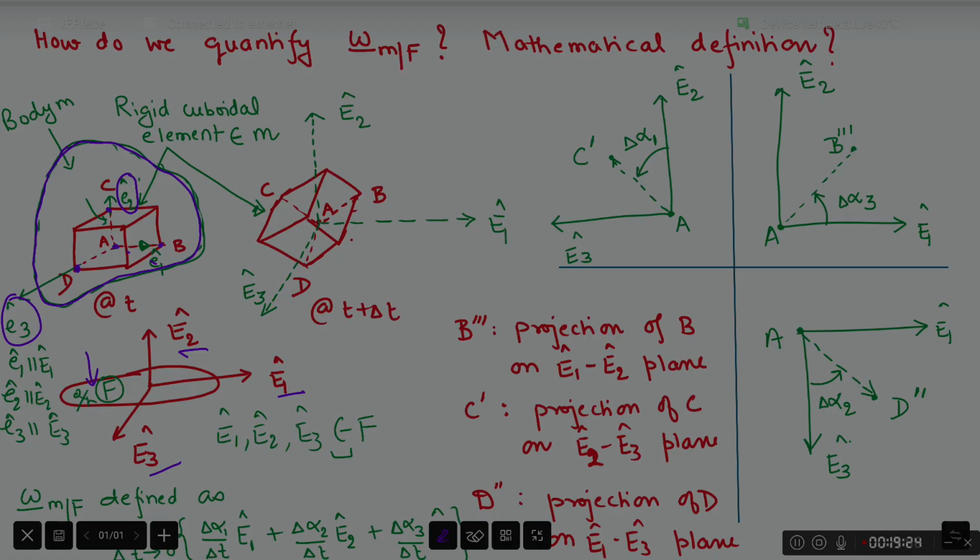Small e1, small e2 and small e3 are body fixed. They are always pointing, e1 is always pointing from A to B, small e2 is always pointing from A to C, and similarly small e3 will always be pointing from the material point A to material point D. At time t, we have this alignment,